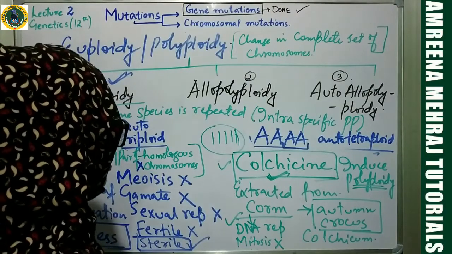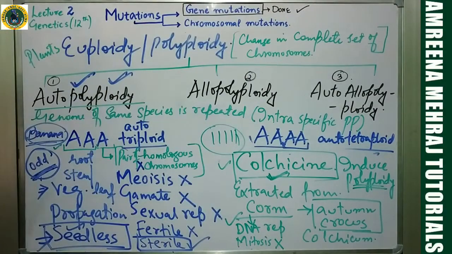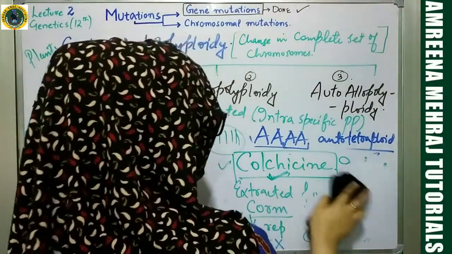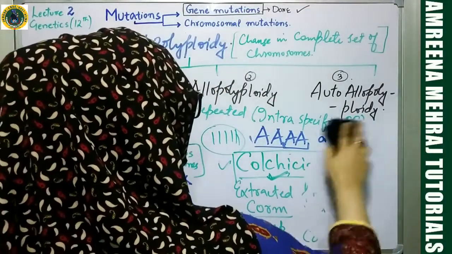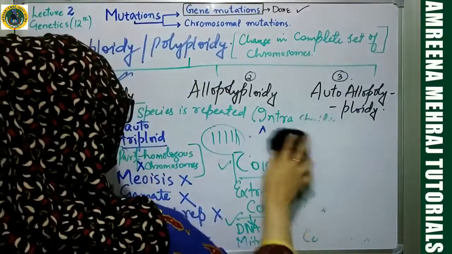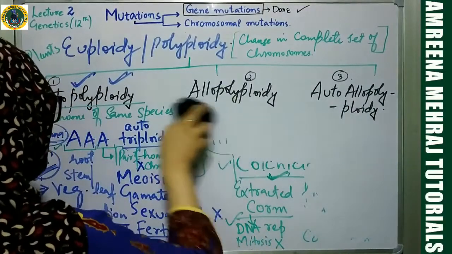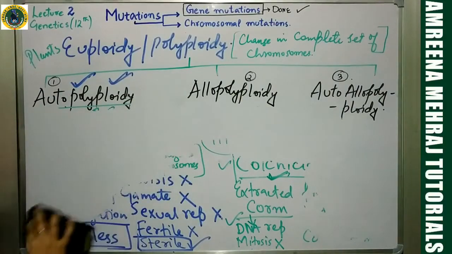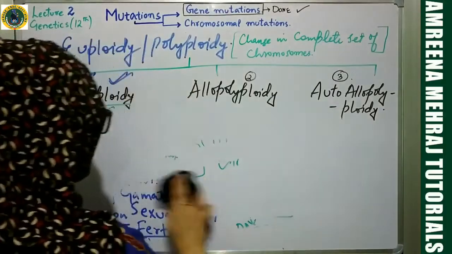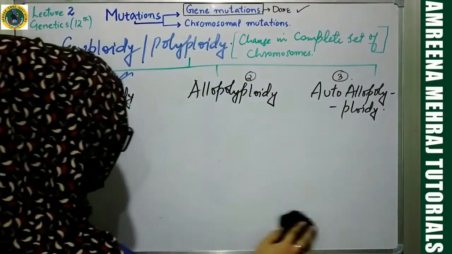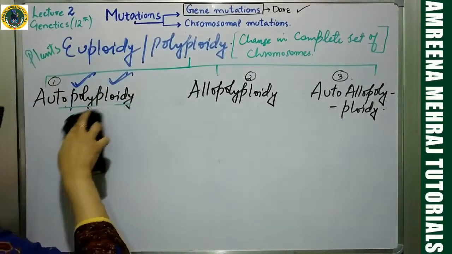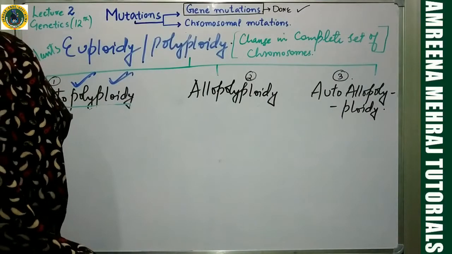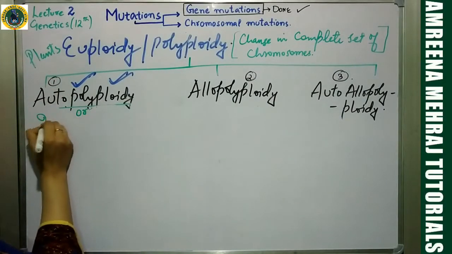Okay, now let us go to allopolyploidy. This was all about autopolyploidy. So you need to have this information about gas effect. You need to have this information about why some autopolyploids are fertile, some are sterile. You need to have this information about how you can induce autopolyploidy. Okay, this is it. Now let us go to allopolyploidy. Can you tell me the alternative name for autopolyploidy? It was